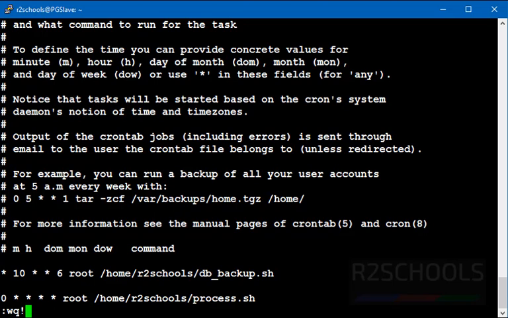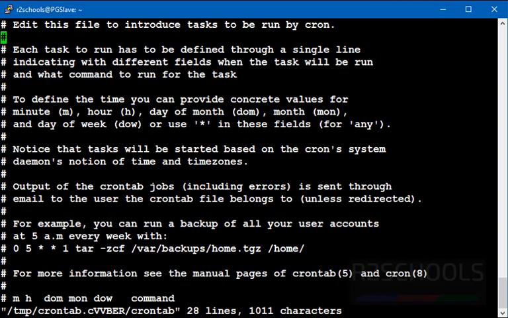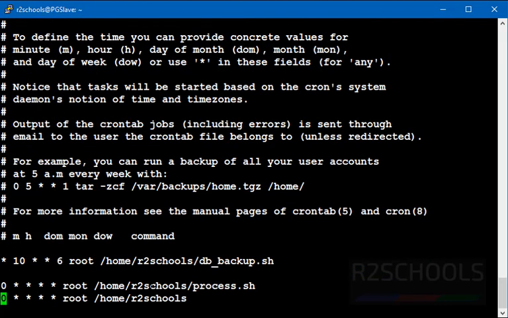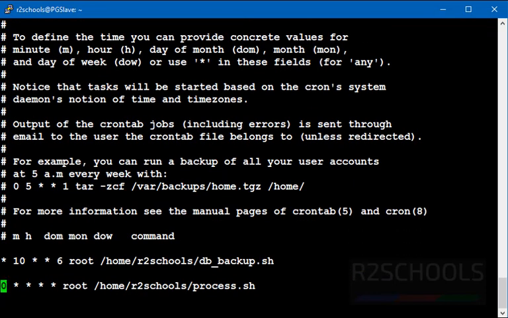Or if you want to run it every 30 minutes, simply replace this 0 with 30.